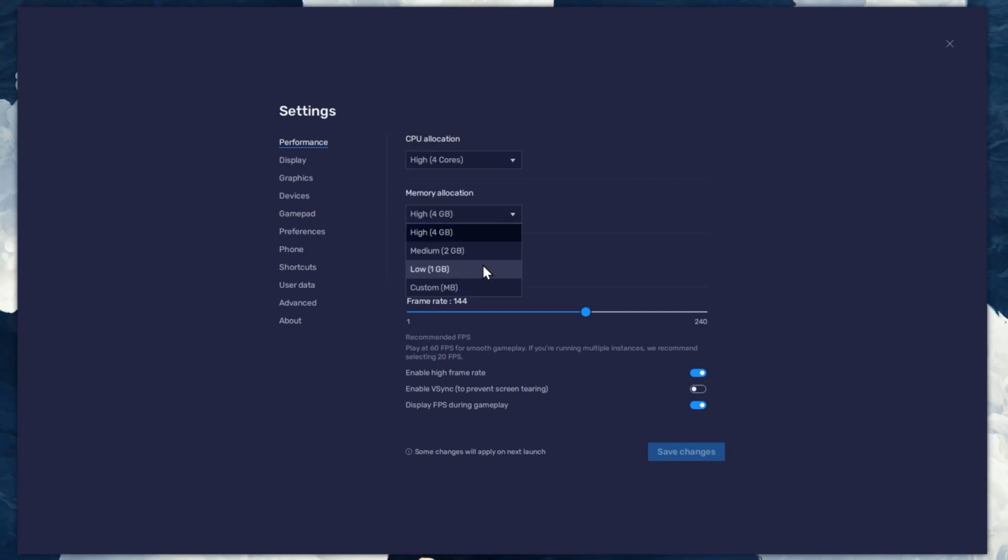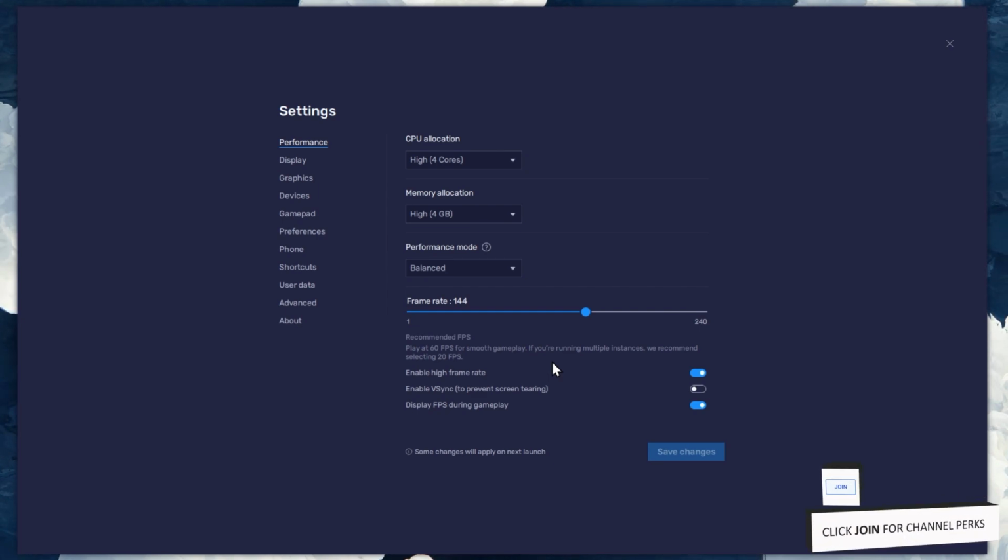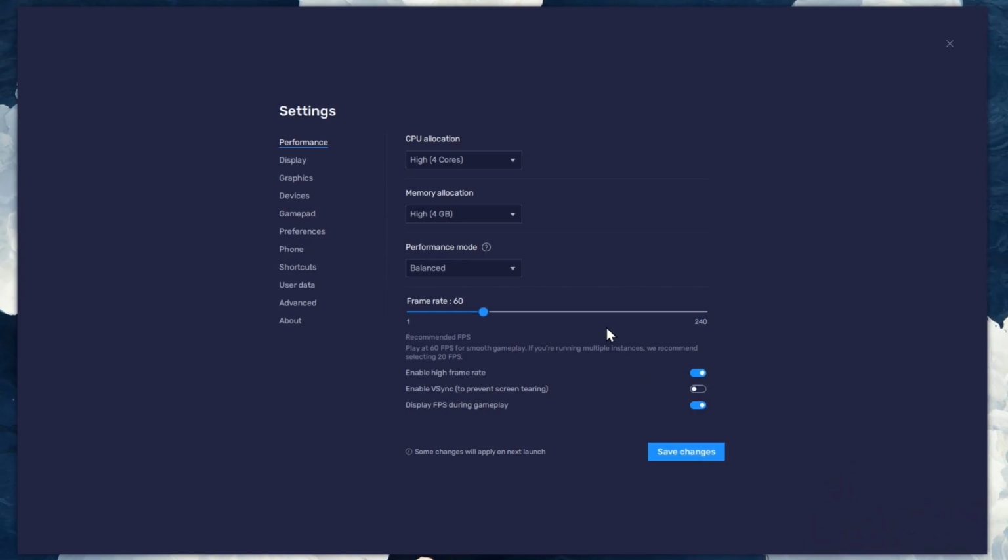For users with 4GB or less RAM, set this option to low. Under Performance mode, make sure to set this option to balanced. This will reduce the memory and CPU usage if your PC lags or you otherwise encounter low performance. I prefer to enable the high FPS option and set the frame rate of the emulator according to my screen